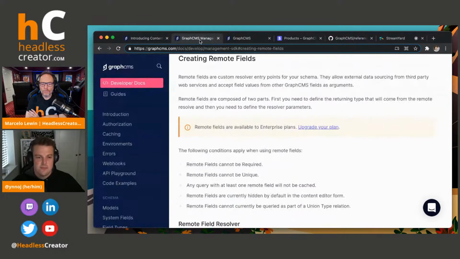We actually started that process back in December when we released the first version of what we're calling remote fields. Remote fields is a way for us to essentially define custom types and custom resolvers for